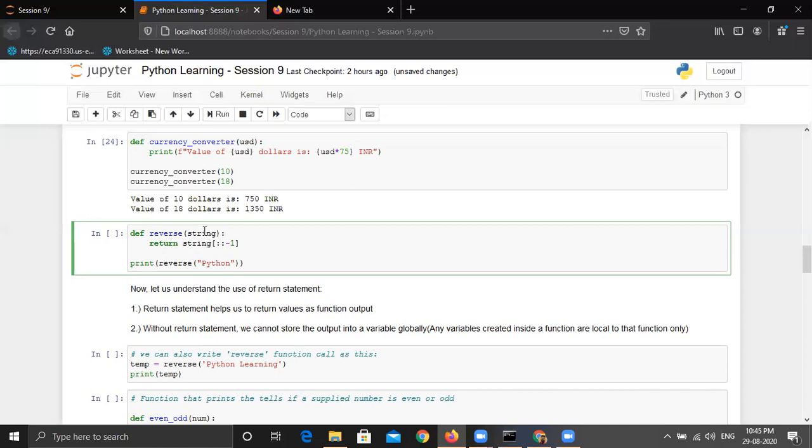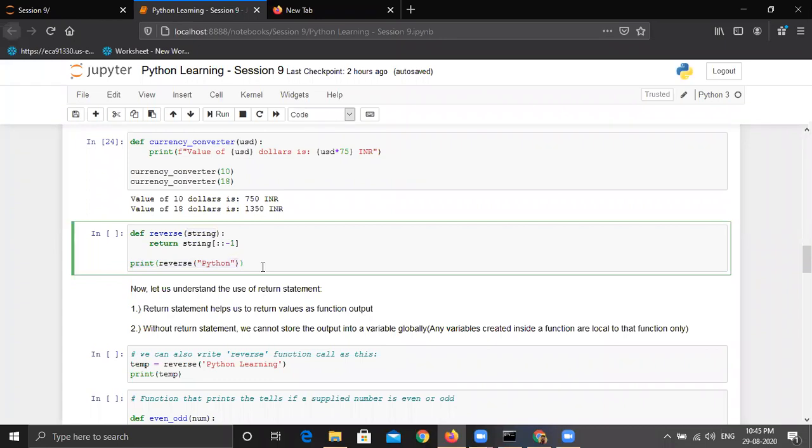Okay, so this is a function reverse, and then we have defined an argument which is a string. Then I know how to reverse a string by using colon colon and -1. This I know. And then, we are not using any print statement inside the function. We are just achieving some functionality, which is to reverse a string by using this syntax. And when I'm calling this function reverse, I'm passing a string Python as an argument, which is basically a value for this string argument. And finally, we are printing this function as a whole.